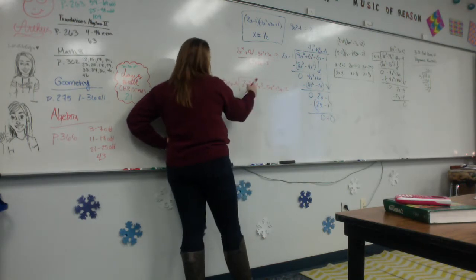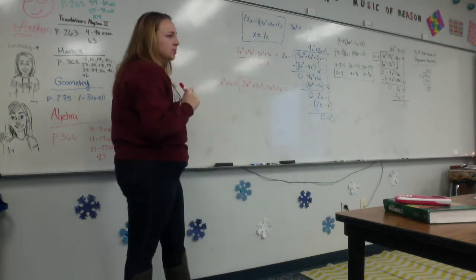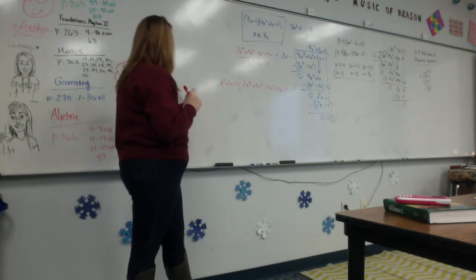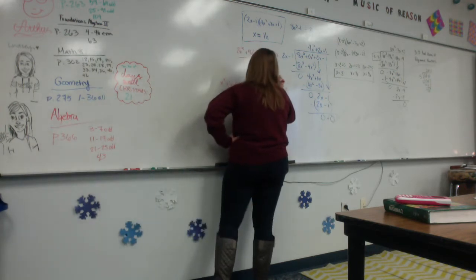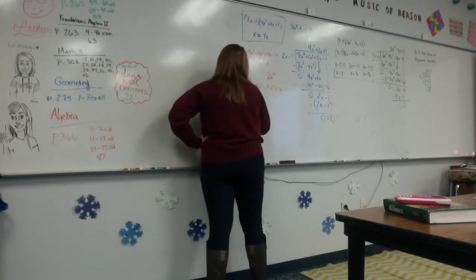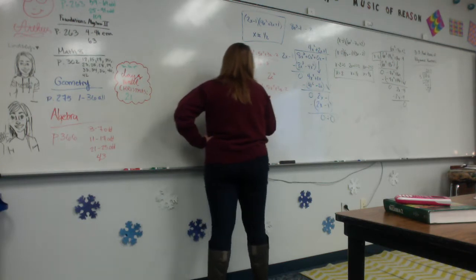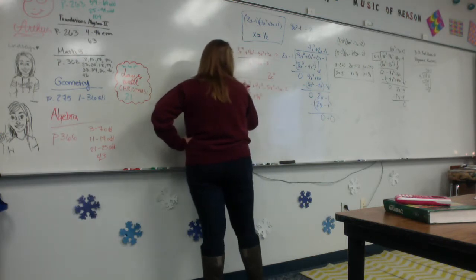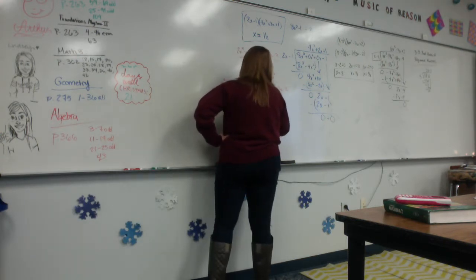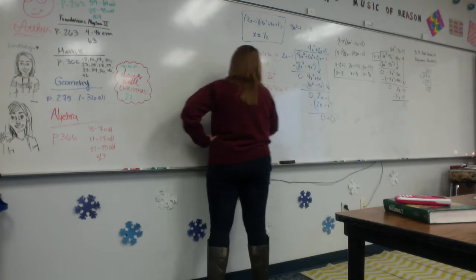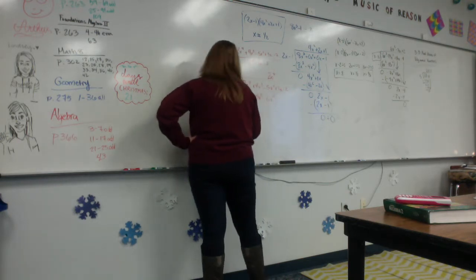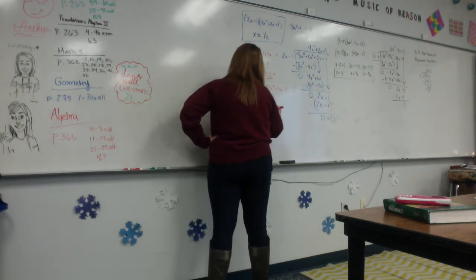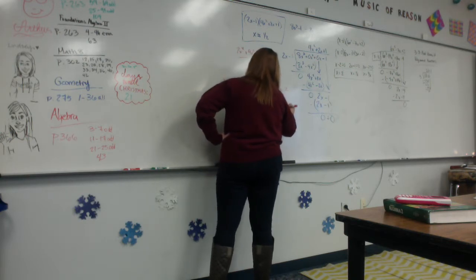How do you get x squared to 2x to the fourth? What do you multiply x squared by to get 2x to the fourth? So I say 2x squared. 2x squared times x squared is 2x to the fourth. 2x squared times 2x is 4x cubed. 2x squared times negative 3 is negative 6x squared. You subtract those. You get a 0, 0, and you get an x squared, and then you bring down this